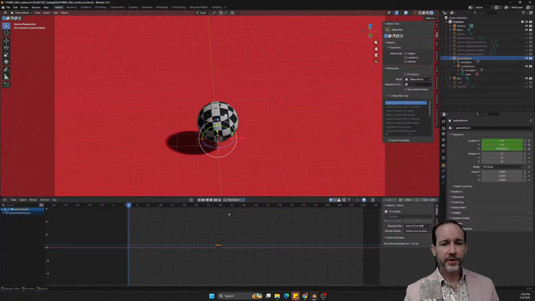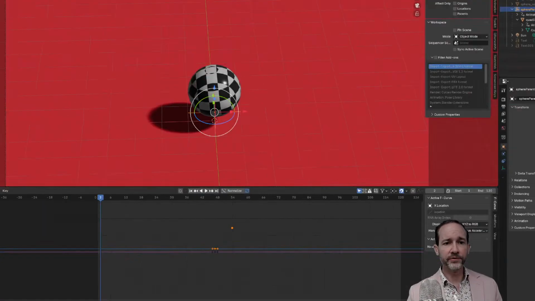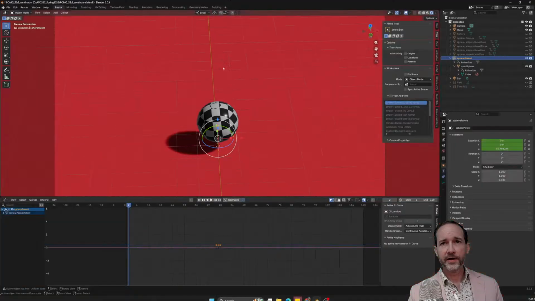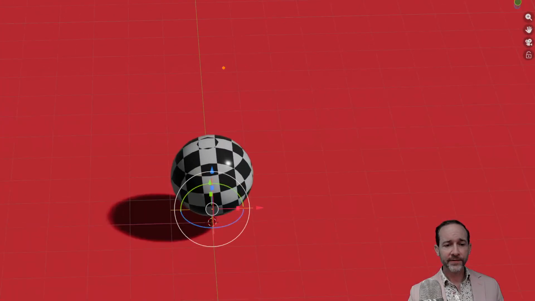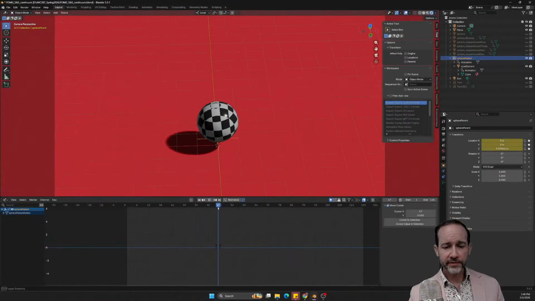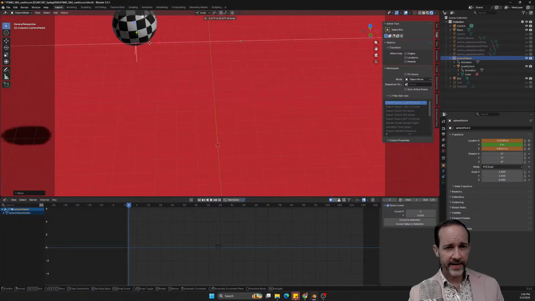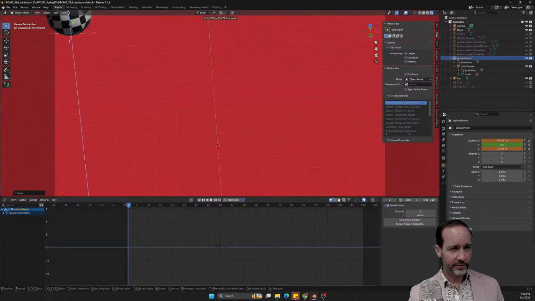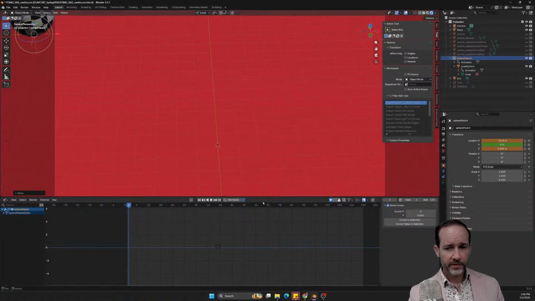This is one of those things where I'm animating backwards. I've kind of dressed the shot where I want, and I want the ball to essentially hit here when it hits the ground, but that's going to be in the middle of the shot. Now I've moved backwards, and I can move it up and back, maybe over here, so it's out of the frame, and let's make sure that we set a keyframe there.